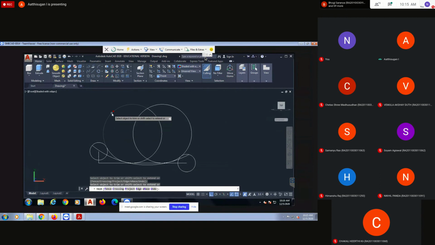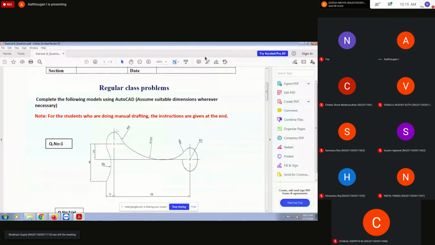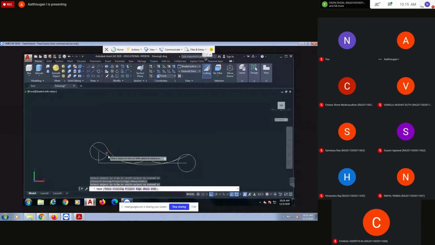This also is not required. Not required, this one. This also is not required. Then go to the question. Then this profile is like this. This is also not required.